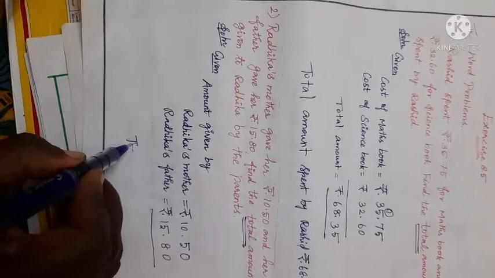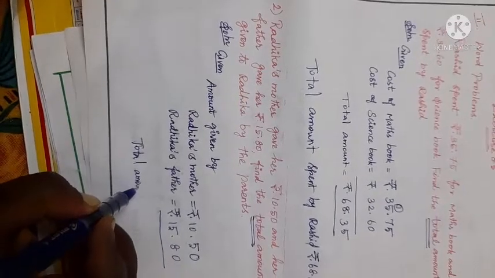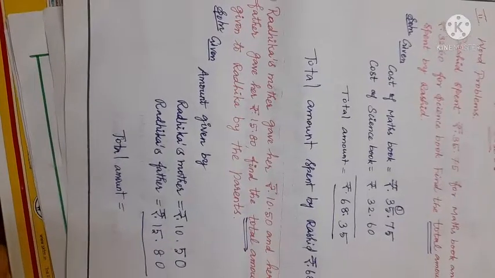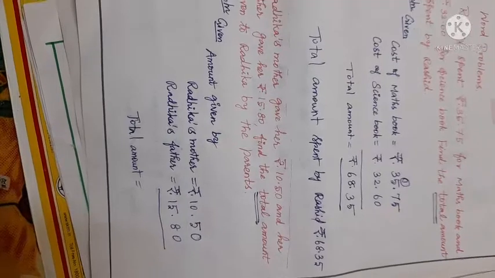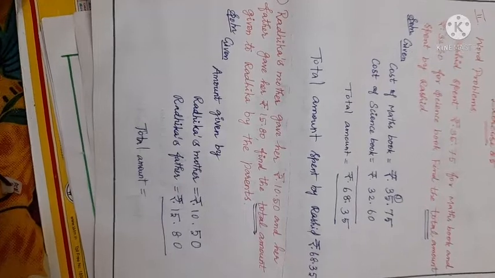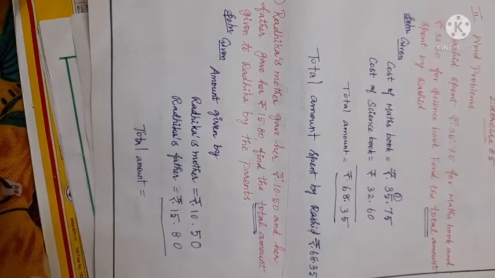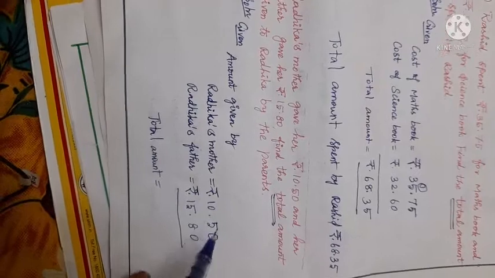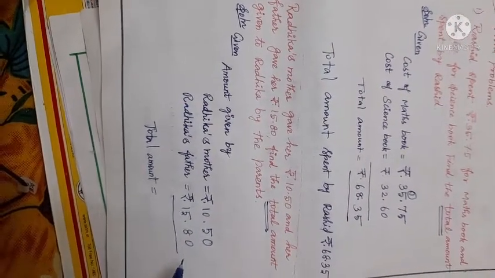So, how much total amount might she have got from the parents? Children, you too might have got money from your parents. Father will give you some money, mother will give you some money. So, totally how much money will you keep with you? Like that question only it is. Now, father is giving 100 to you, mother is giving 50 rupees to you. So, totally you have 150 rupees. Okay, like that they gave money in decimal point. 10 rupees 50 paise mother is giving, 15 rupees 80 paise father is giving.